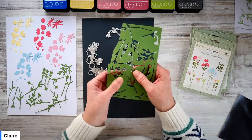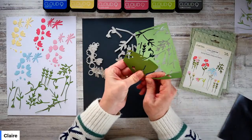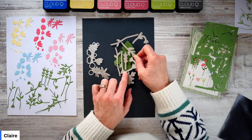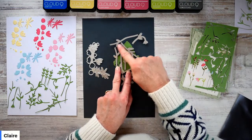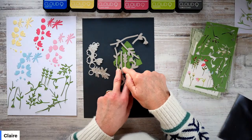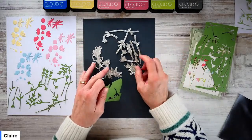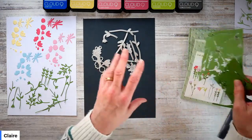But what you can do, if there are just particular areas that you want to die cut again, all you can do is take that out and line up your die. Say, this is the one in particular I wanted. Line that up, and you can die cut that from there. Yes, you will end up with all odd little bits and pieces around there, but that's fine, because I'm still getting the piece from that area that I wanted. So it's a really nice usable set, I would say. And keeping it in the 2 pieces like that, it looks less daunting,